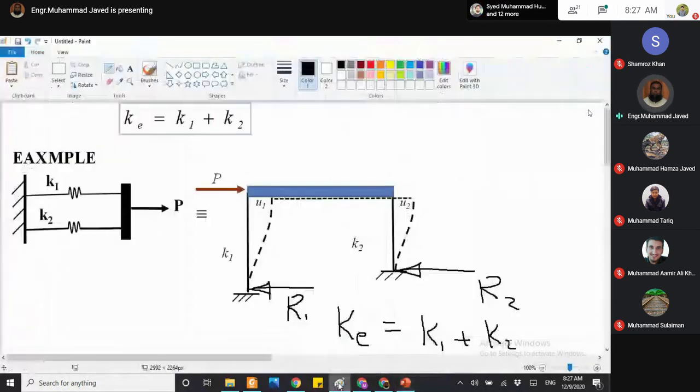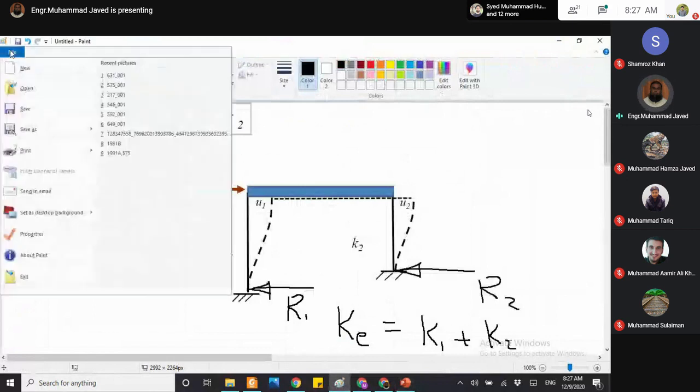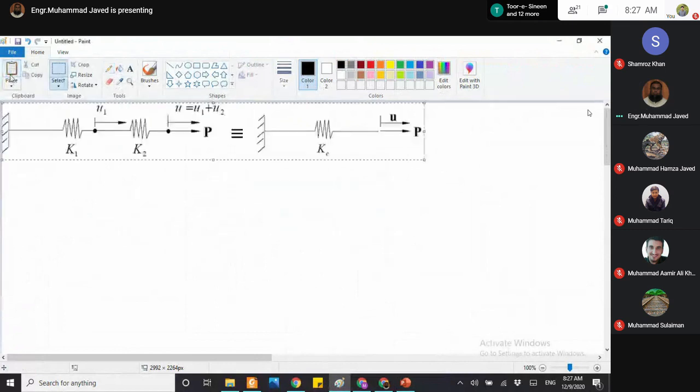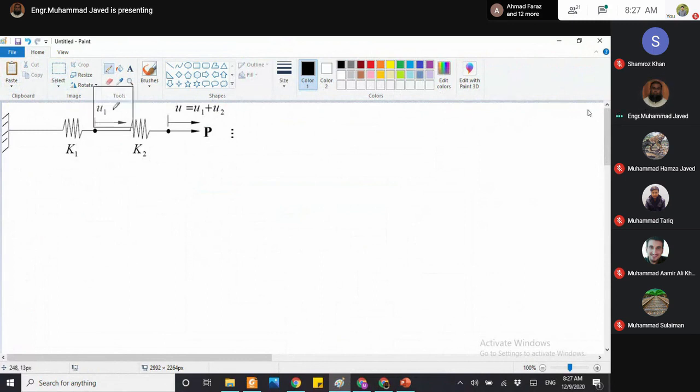However, in case of springs connected in series, this is not the case. If you take a section line here,